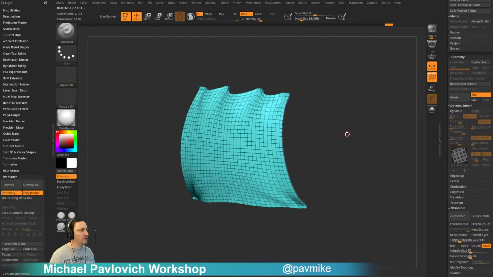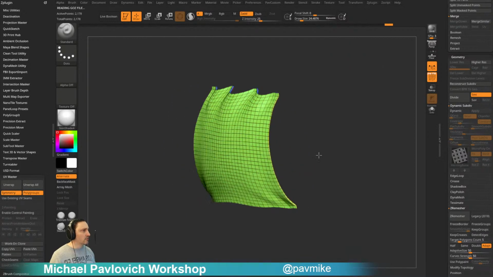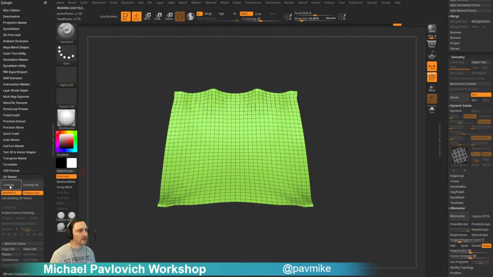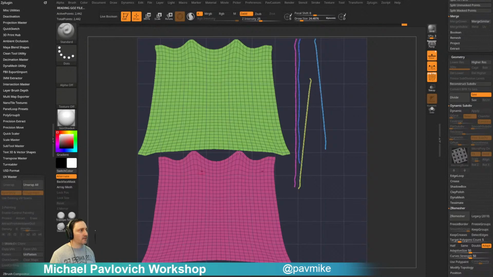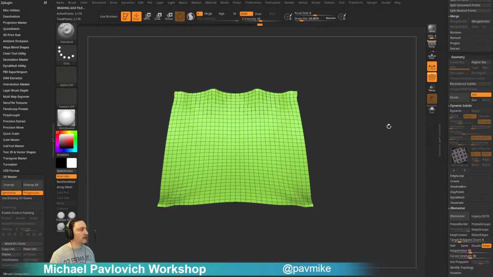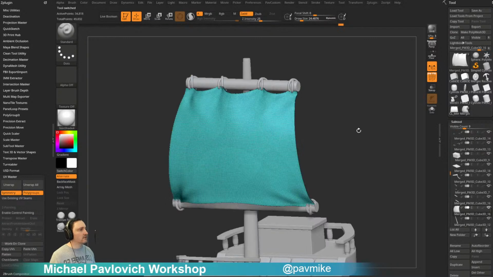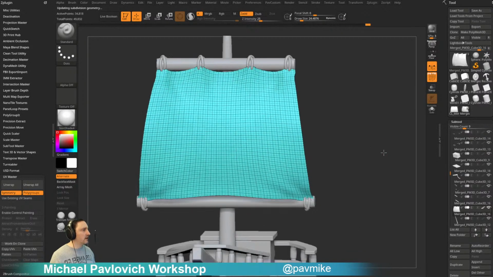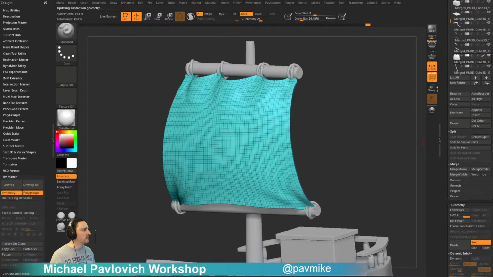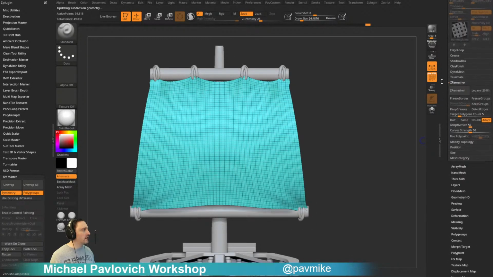You know what? Let's unflatten. Let's do a quick group by normals so we can get, as we unwrap this, those little side pieces won't be just one long piece. I think this is fine. So we'll say unflatten here. We'll say copy those UVs. We'll go back to our real sail. We'll say paste UVs. So now we have UVs on here, which means I can go down here now